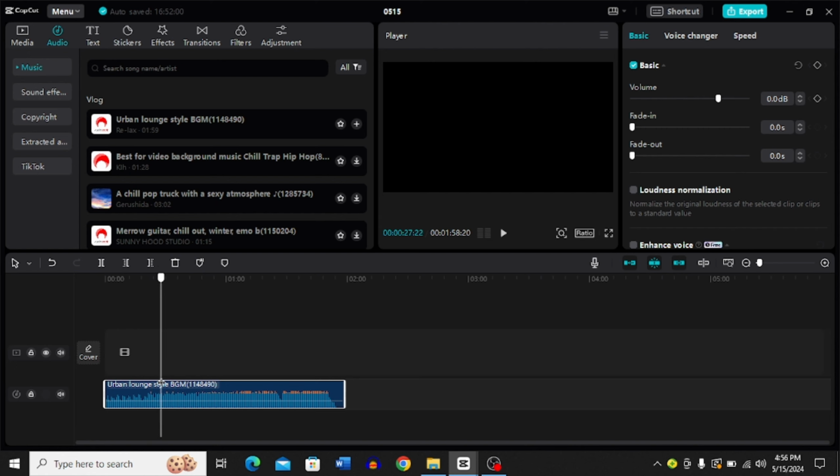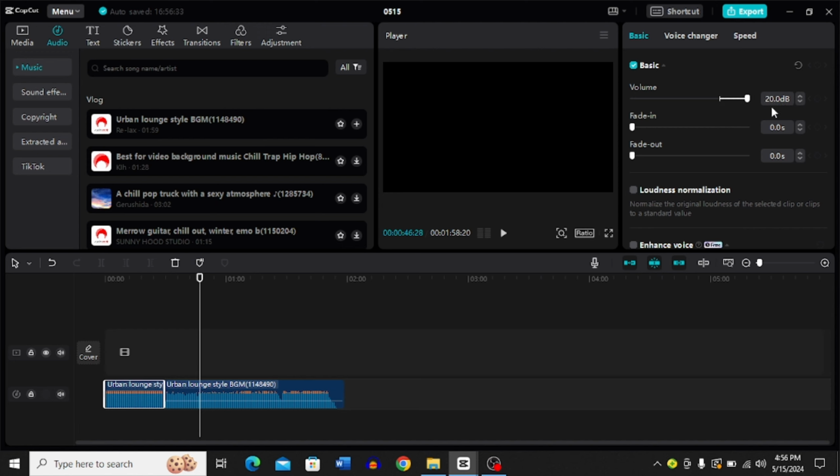editing over there. If you want to split the audio, you can simply just drag the pointer to the place where you want to split it and click the split option. And once you split it, you can now edit the remaining part, or you can just choose the other part as well. Now you have to simply go to this section, and here you can increase the volume over here